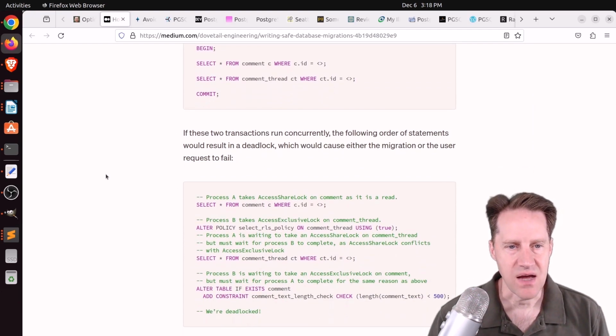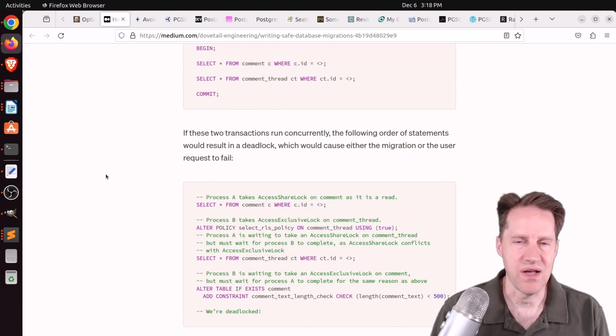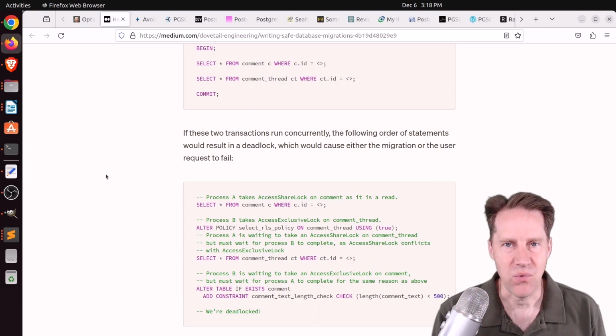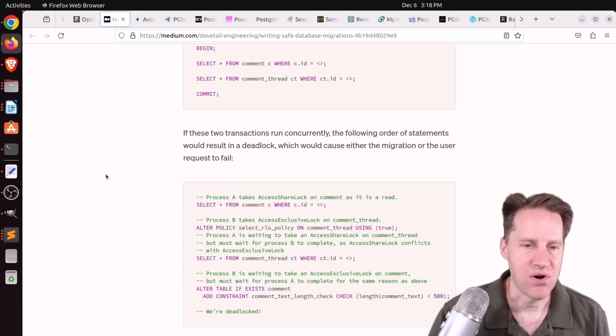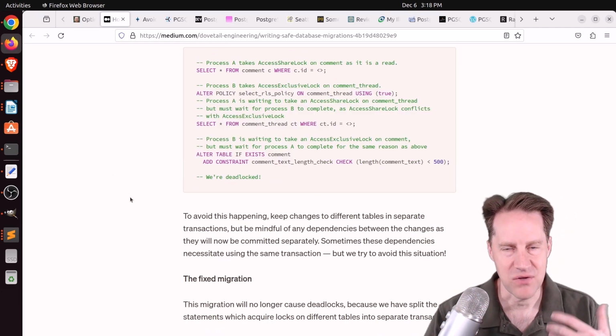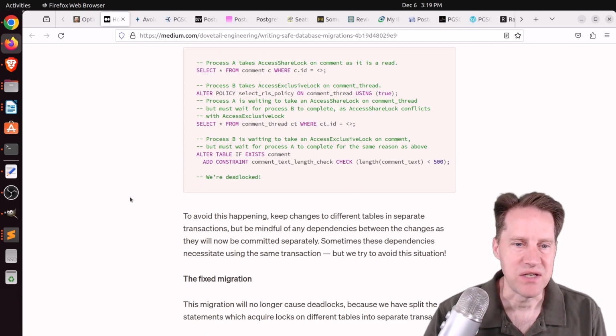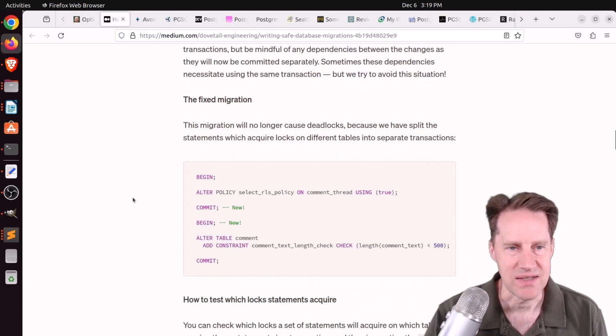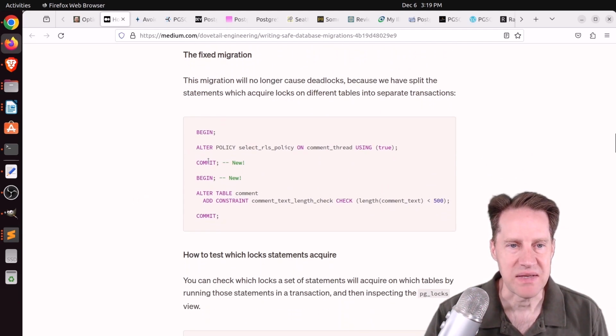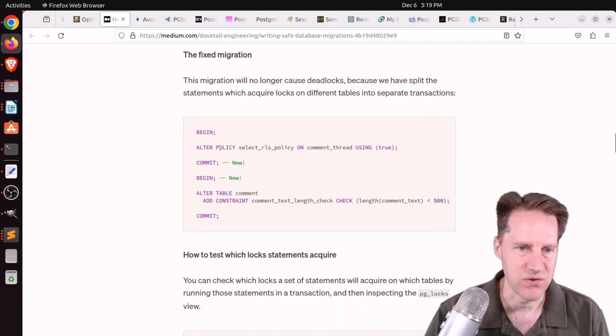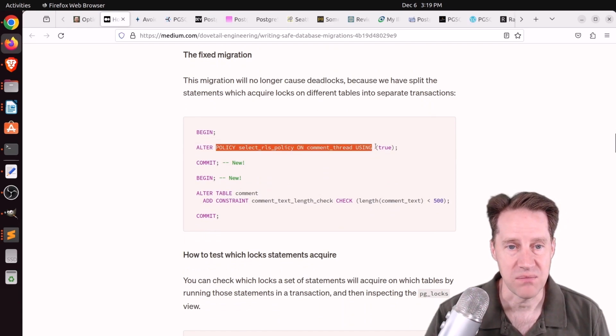So basically a deadlock is when you have a sequence of locks that cannot be resolved, like one lock is waiting for another, but what it's waiting on has been locked by the other process. And basically Postgres chooses one of those transactions to be terminated as a result. Now their proposal for fixing this migration is to do them in separate transactions. So for example, first alter the row level security policy of one table,